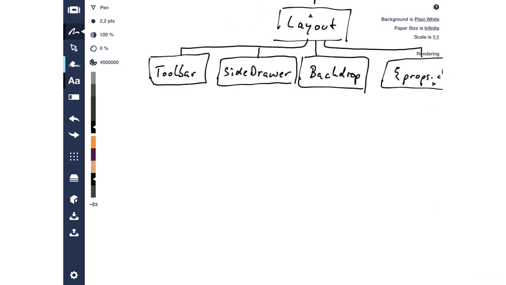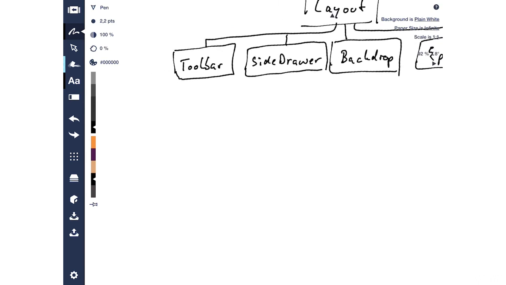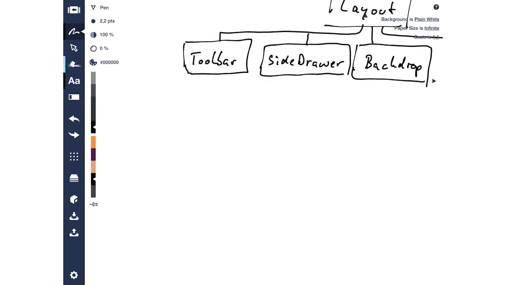So the HTML code, we could say. But the toolbar also might contain some components we add. For example, we probably want to have a button which toggles that side drawer. But we'll create this on the fly basically and see how we split it up. But things to keep in mind here are basically the drawer toggle, so a button which toggles the side drawer, a logo which we want to display, and our navigation